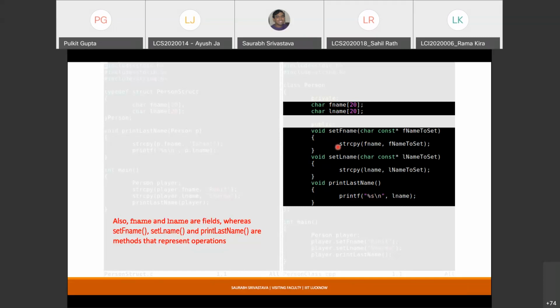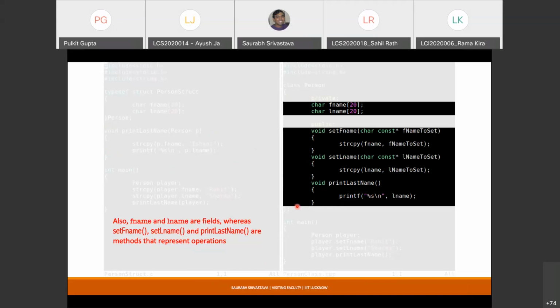In the add fuel to the vehicle, because I know that this vehicle is a diesel type, if I try to pass petrol to it, I can simply say no, this is a diesel vehicle, give me diesel and not petrol. I'm trying to figure out an example to give you. But the idea of the operations is that they operate over the fields, and whatever you were doing with the help of separate functions till now, with some modifications you can now start doing that within the realms of the class as well.